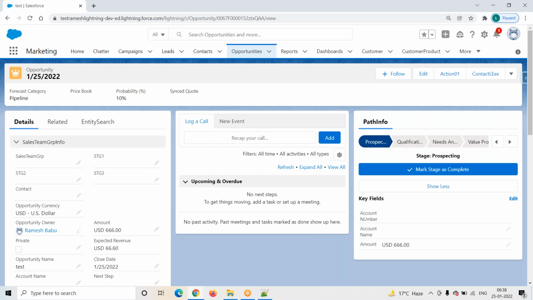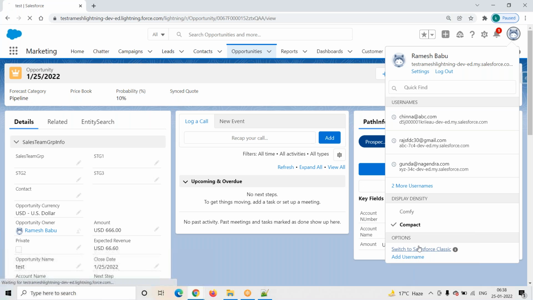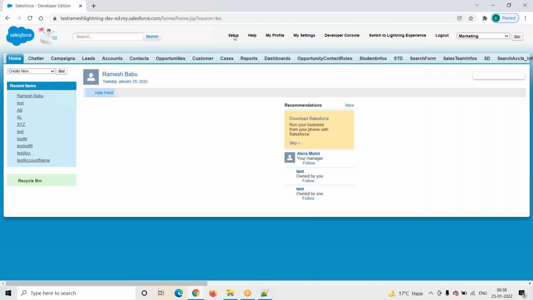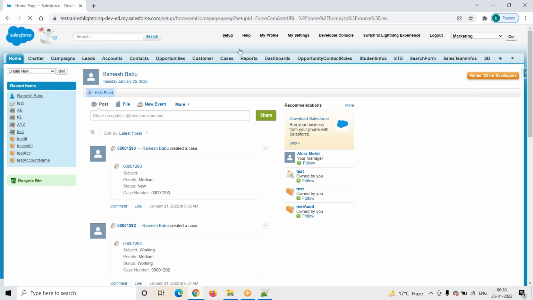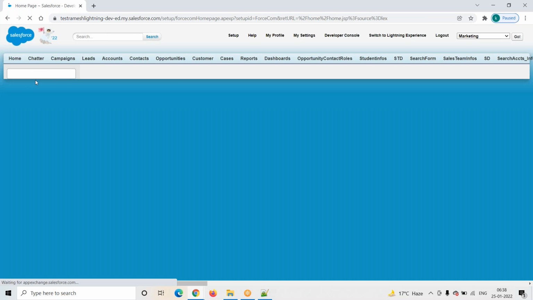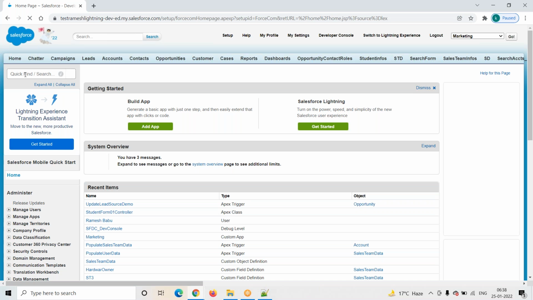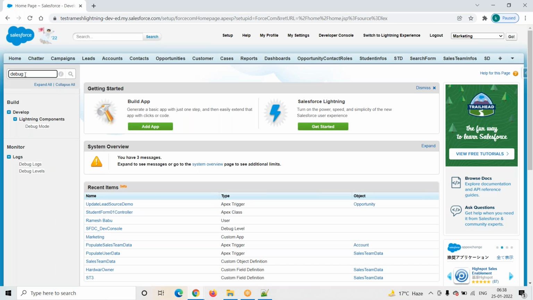I will take the classic version because this one is very slow. Switch to classic version. Go to Setup and quick find debug logs.